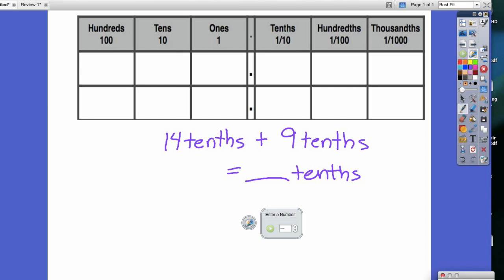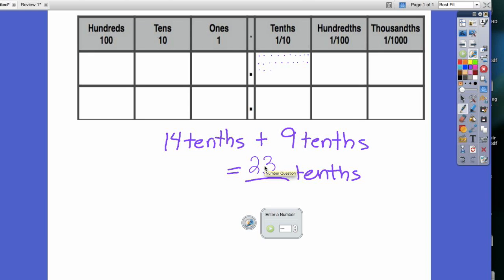Okay, so first I have 14 dots. I'm going to add 9 more to that. How many total dots do I have? 23. Okay, so that would equal